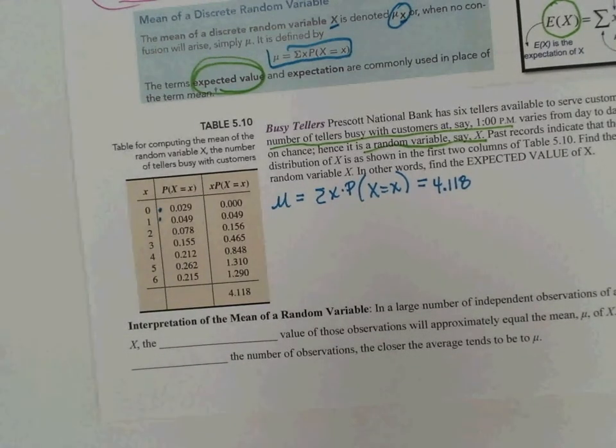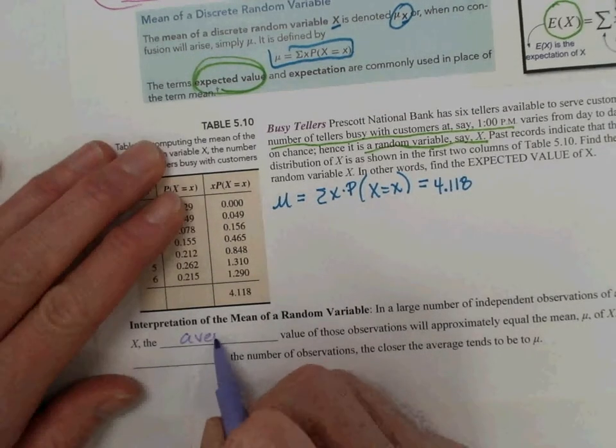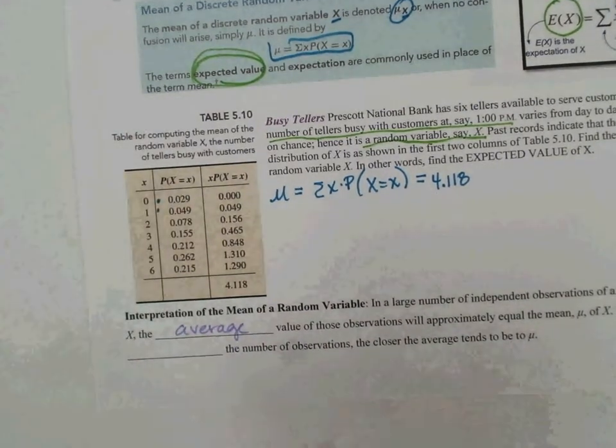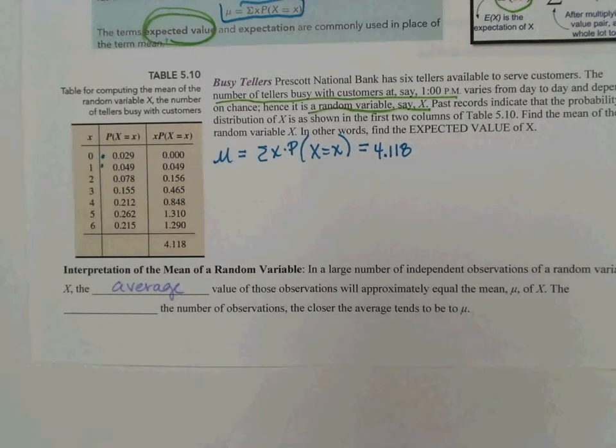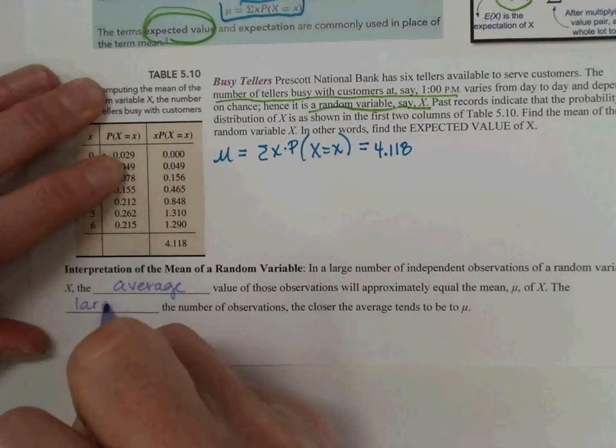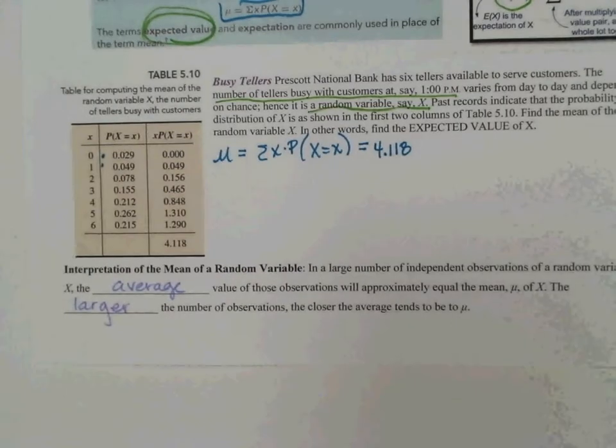The interpretation of the mean of a random variable is that in a large number of independent observations of a random variable x, the average value of those observations will approximately equal the mean mu. And just as always, the larger the number of observations, the closer the average tends to be to mu. So flip this over, and